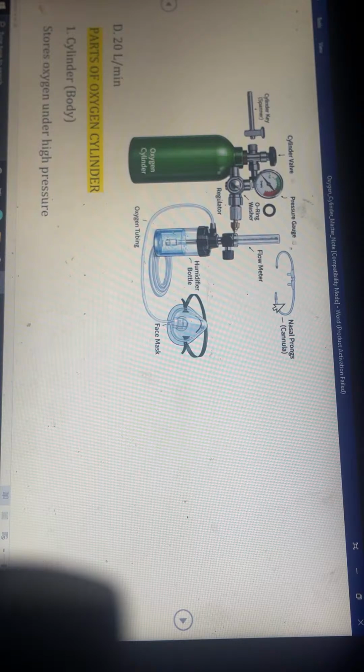Are we together? This is called the face mask. There are some patients that need this one. So depending on the patient's condition, we will know which to use for the patient. Now, this is the humidifying bottle. And what we put inside